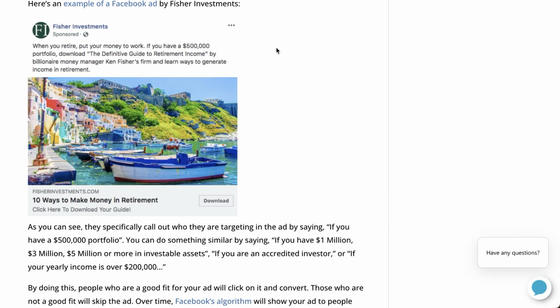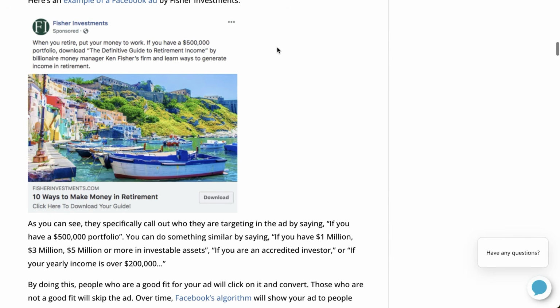Now, to get the best results from this, it's also very important that you send people to some sort of lead magnet or a sales funnel. You can see they're using some sort of free guide as a lead magnet. But in my experience, I've tested this and I've also tested video lead magnets, and I've definitely seen video lead magnets do a much better job of converting leads into actual appointments and clients.